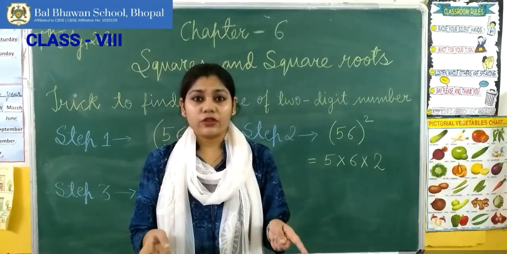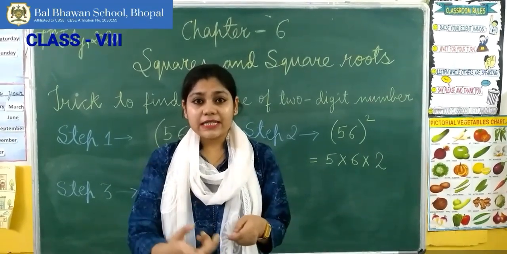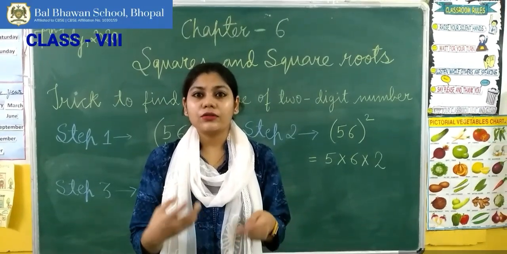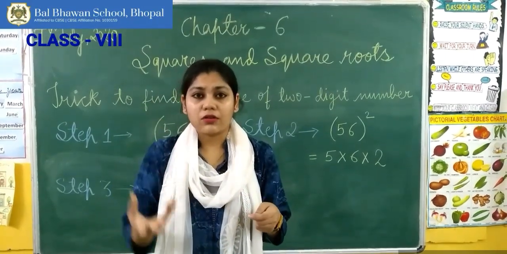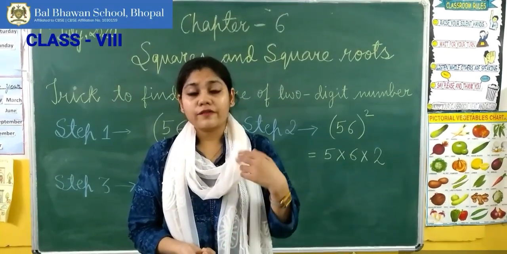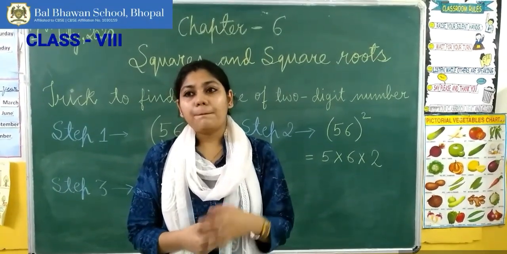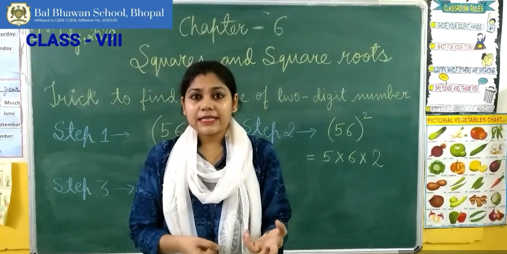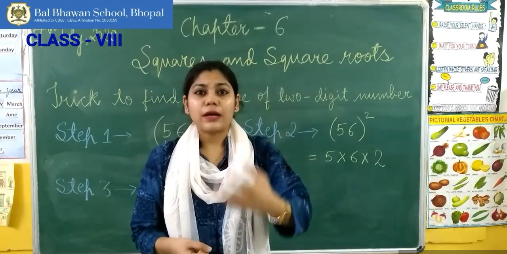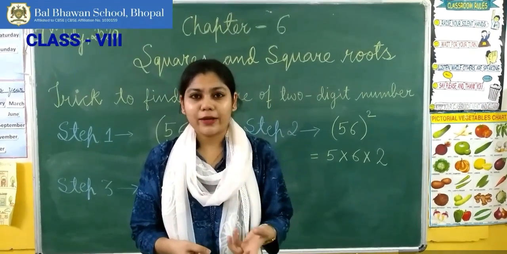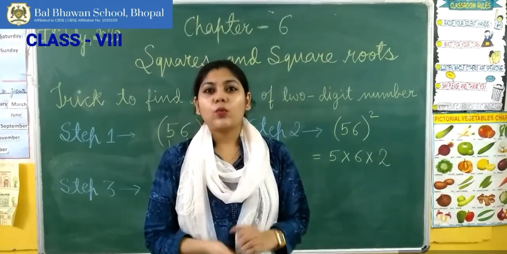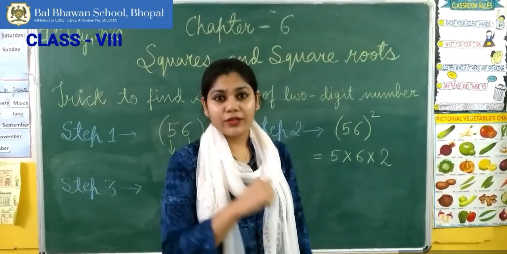They should be at the tip of your tongue, so that if you need it anytime, anywhere, in any question, you can quickly use your knowledge. So you have to learn the squares of numbers up to 30. But in case it is not learnt, or up to 99, if you have to find a square of any two-digit number, then you can quickly do it by using one very easy trick. I'm going to tell this to you.